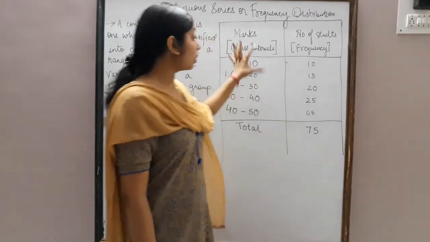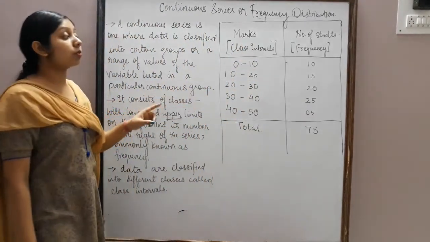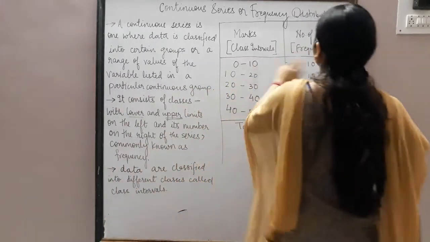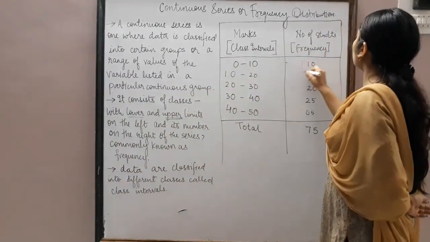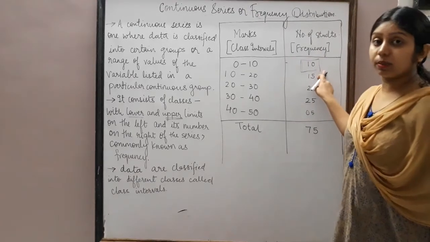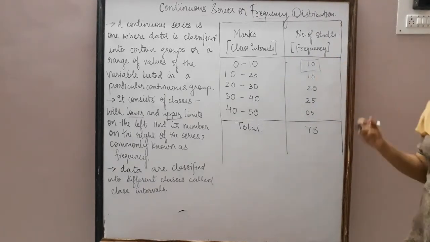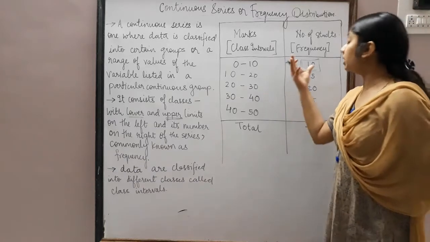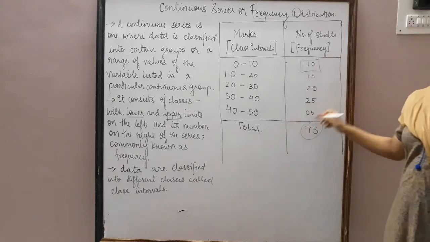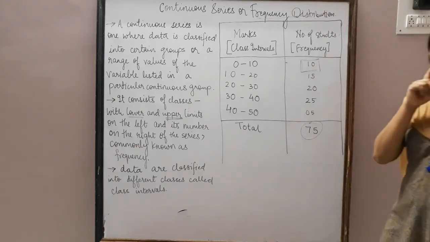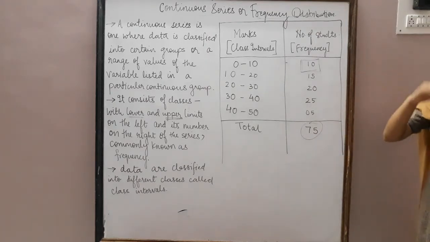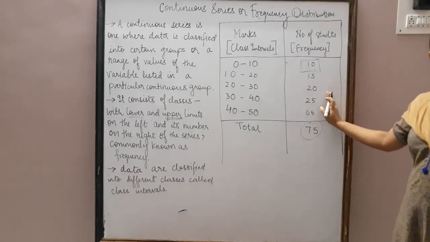5 students. So here exactly the data is not present for individual students. If 10 students have got marks from 0 to 10, it can be any roll number. It can be any XYZ student. Here that point is missing as it doesn't show the exact number. It will show when the data is large. If you add these, the number of students comes out to be 75. So you see in the previous one we had the data of only 10 students. Now we have the data of 75 students. So you can see the difference here. This is a larger data than that.